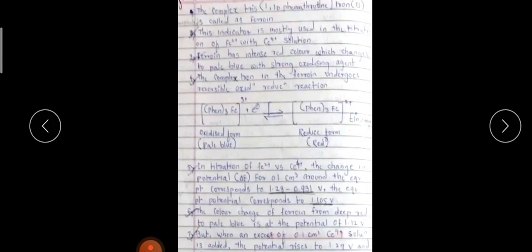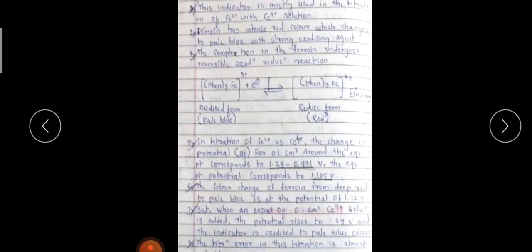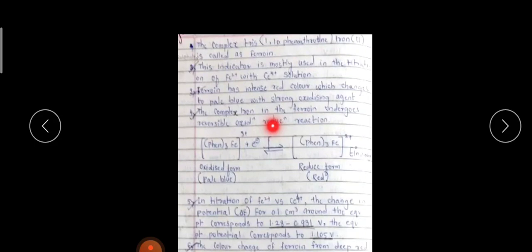Please go through this part well, please prepare this part well. If you have any problem or doubt, you can easily ask. Here again that particular thing is shown. Three phenanthroline rings are connected with the iron ion. Here in the structure it has been shown. This is 1,10-phenanthroline, tris(1,10-phenanthroline) iron(II). That is the ferroin indicator that you have to remember. Here you can see three structures along with the Fe, and the charge is 2+.